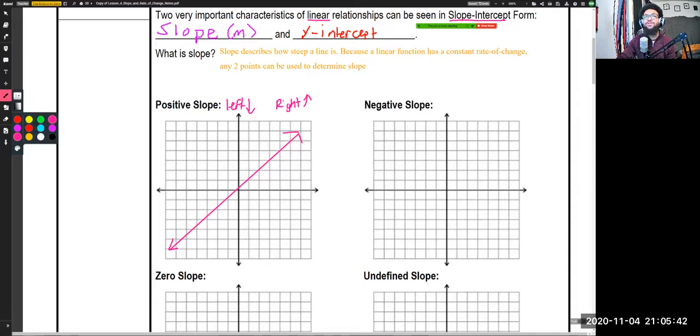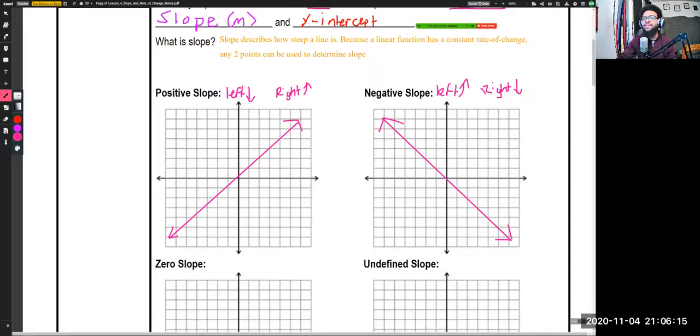Our negative slope, we will have the exact opposite. Our right side will be down and our left side will be up. Okay. Going from right to left, our negative slope is going to have left being up and right being down. All right. So those are the two probably most common slopes you will see, but we have two